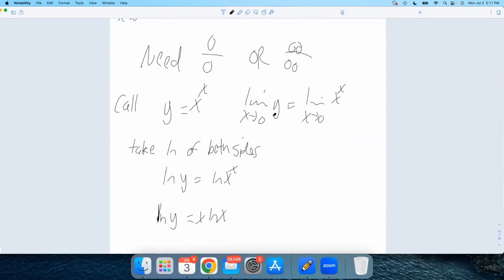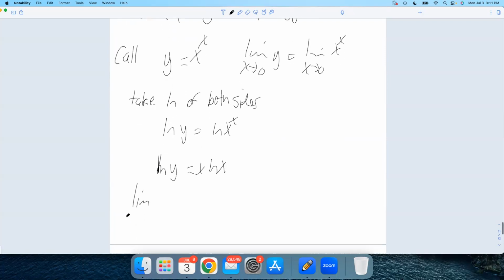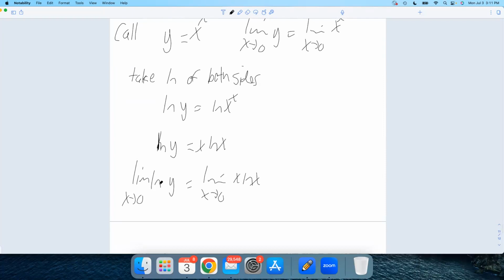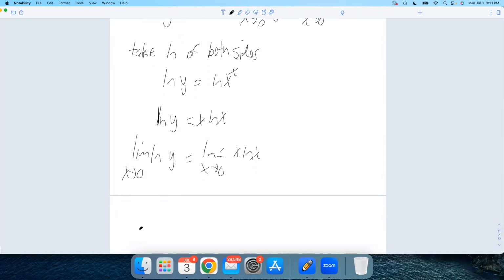So if I can figure out what y is doing, I can figure out what natural log of y is doing. Or another way of saying this is I'm allowed to here take the limit of both sides. And the natural log is a continuous function. With continuous functions, you're allowed to pass the limit inside of the function. So this left-hand side will become the natural log of the limit